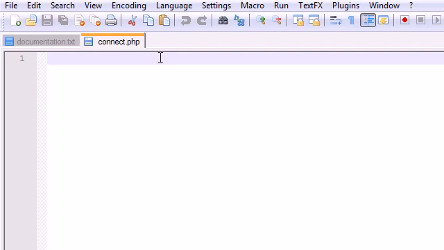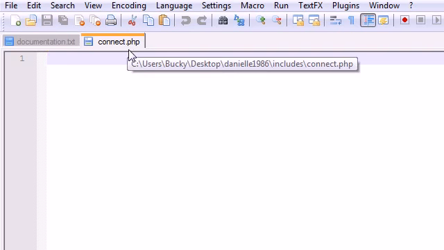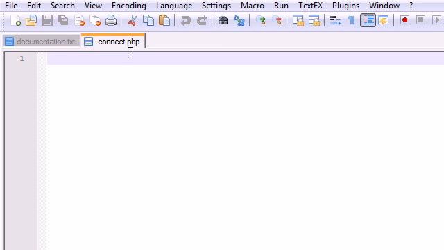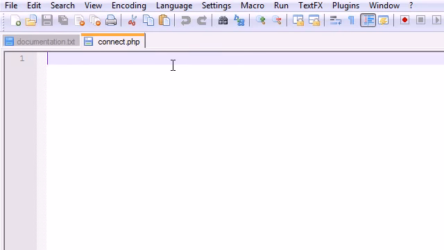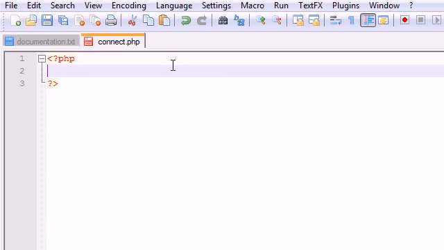So now that we have a connect.php file, this is the file that we're going to be writing all of our connection script into, and this is the database information. So how do we write a connection script to connect to a database? The very first thing we need is, of course, PHP tags, and I just write mine first. Now we need to use the MySQL connect function,